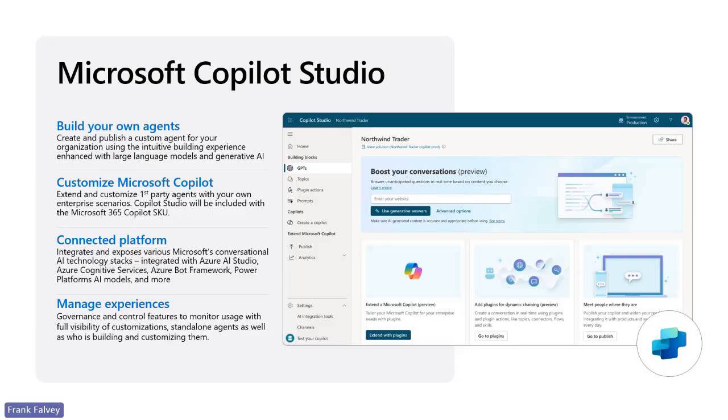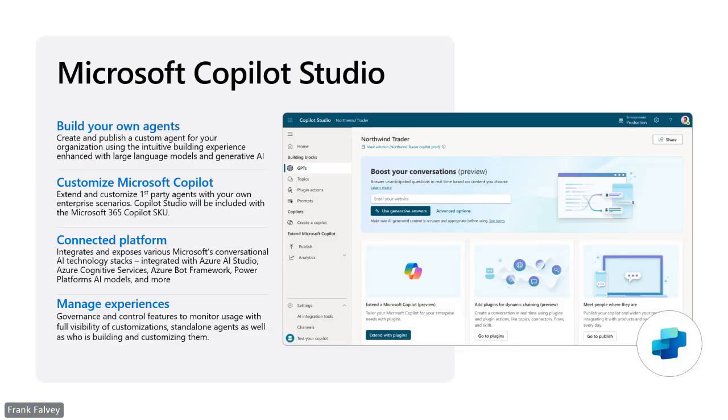So you can use your own LLMs, or you can use Microsoft or some other third party one, whatever you want. And customize the Copilot. As I say, first party agents with your own enterprise scenario.